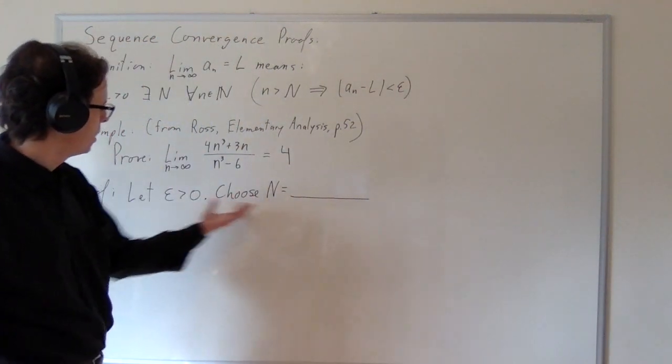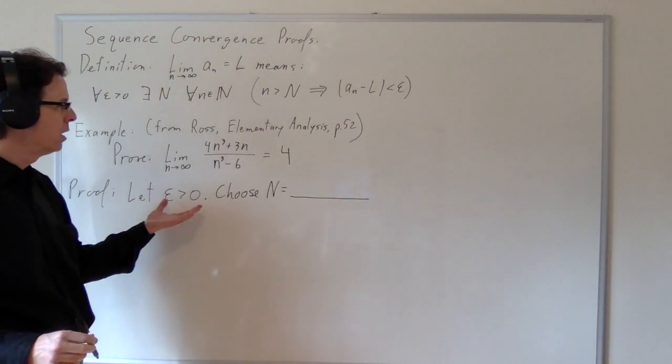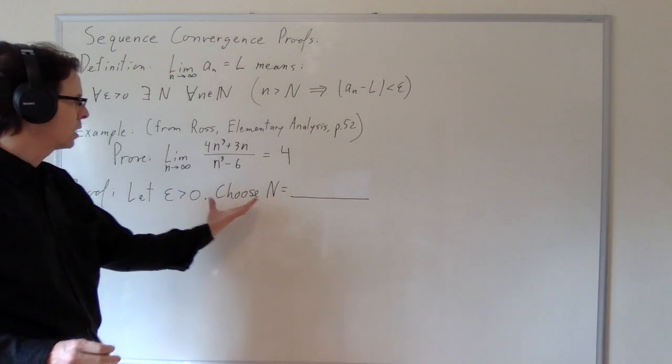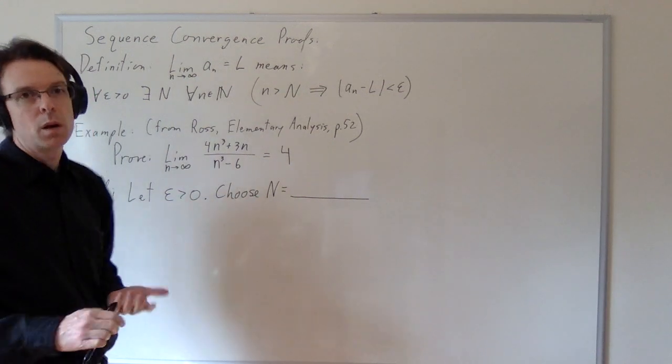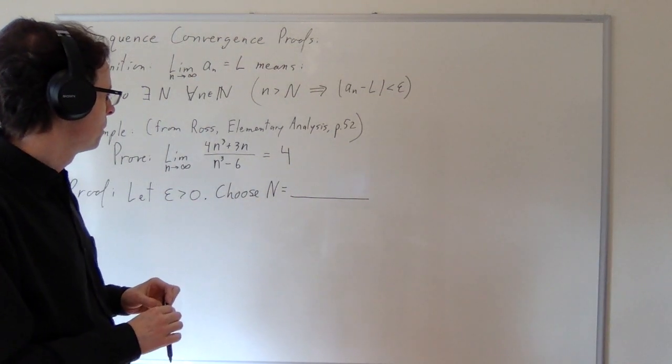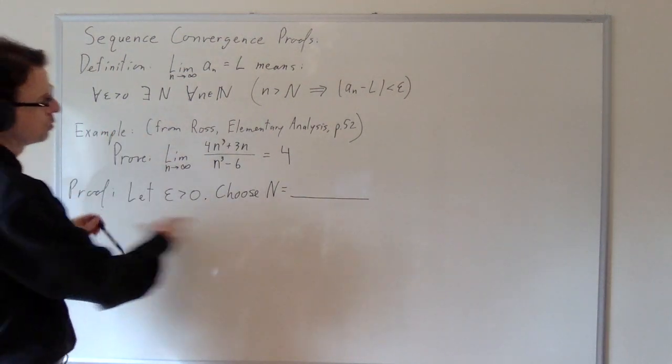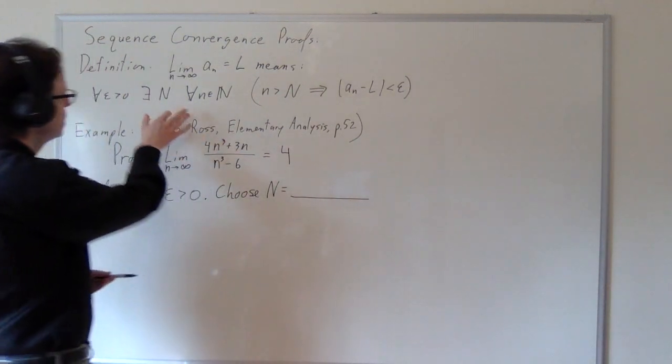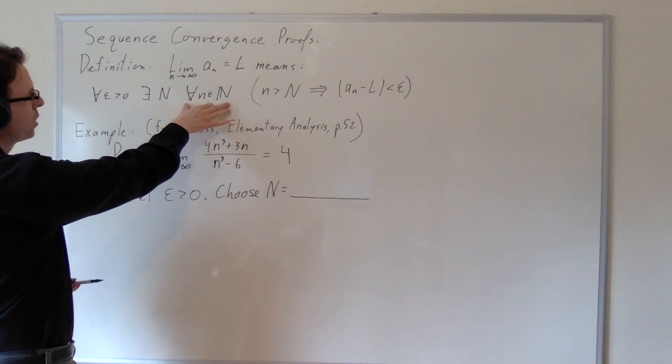And because it's made here, it may depend upon epsilon, but it can't depend upon anything else because at the moment we choose n, we know epsilon, we don't know anything else about this proof. Now, assuming this has been done, then the proof can continue. Then the next part is we need to prove,